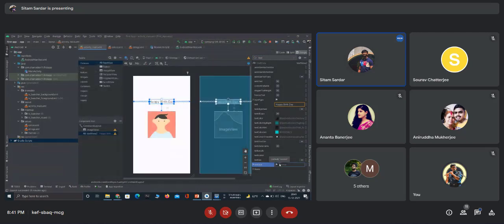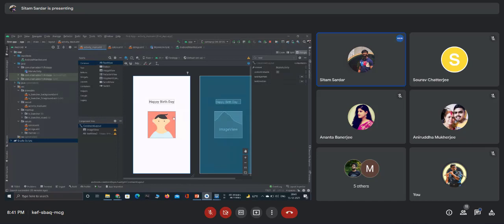If you go there, text style, you can select the bold and apply. It is bold now.